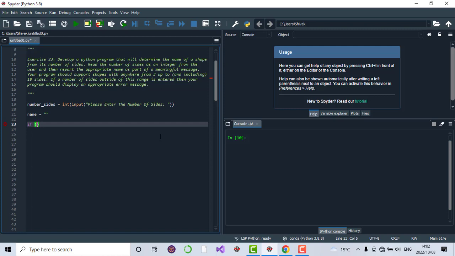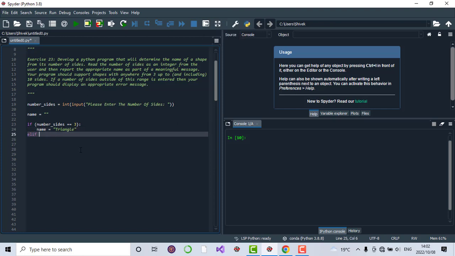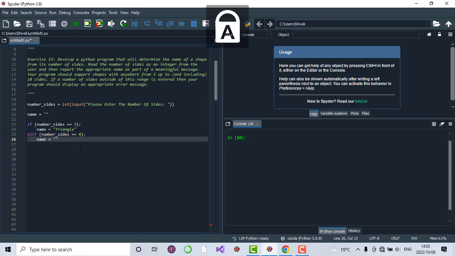So first things first, we need to ensure that we've catered from 3, including 3, up to 10 and including 10. So let's do if number sides is equals to 3, then we'll set name is equals to triangle. Elif number sides is equals to 4, we can set name is equals to